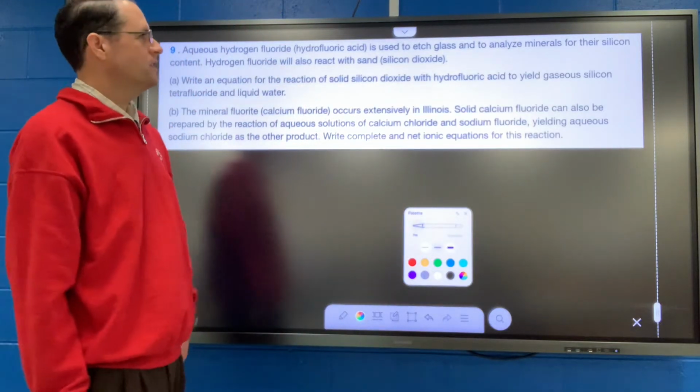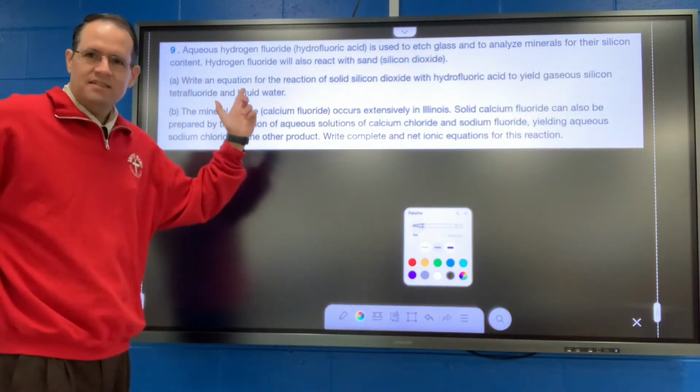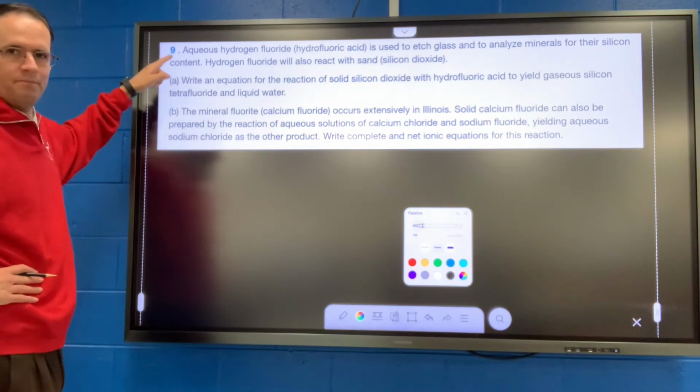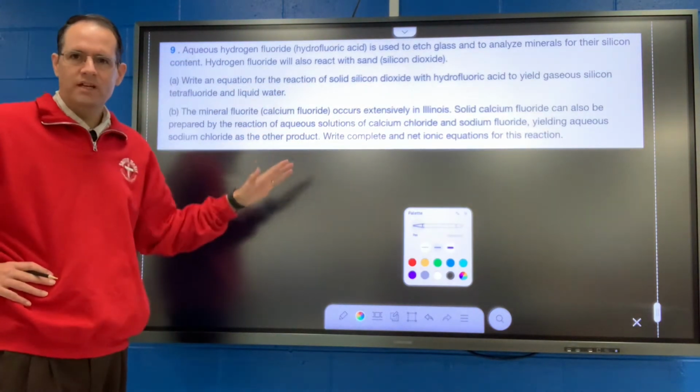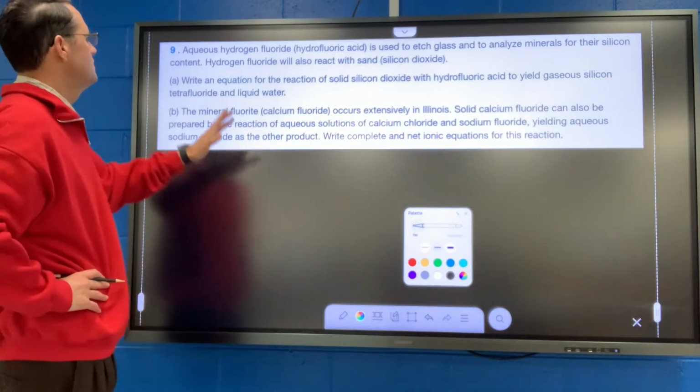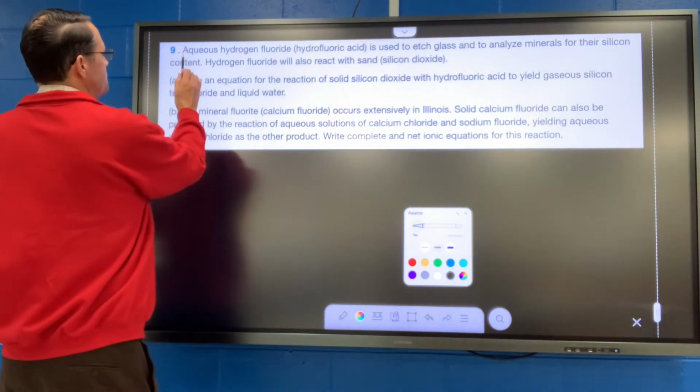Back to another tutorial. Here we've got STAX Chapter 7, Problem 9. We have a lot of chemical names here, and we're supposed to write an equation. I'm also going to balance that equation. So we have aqueous hydrogen fluoride,